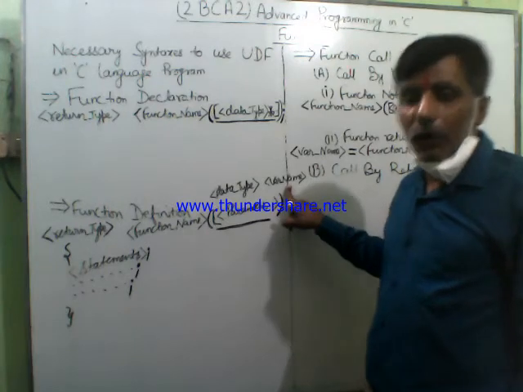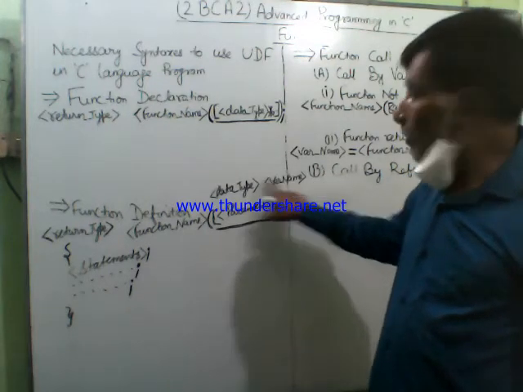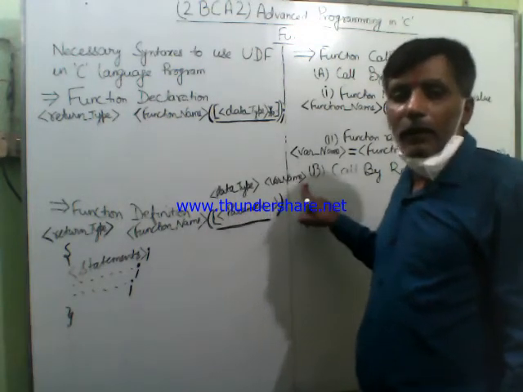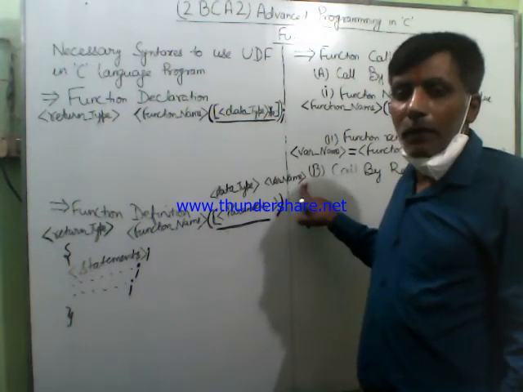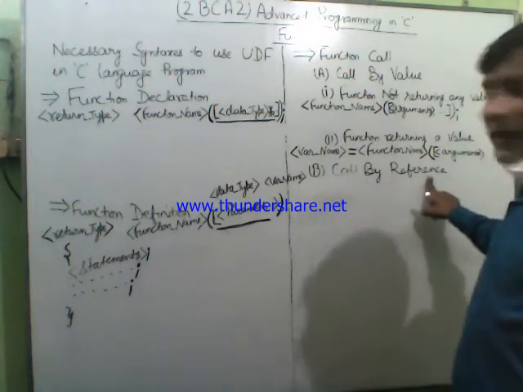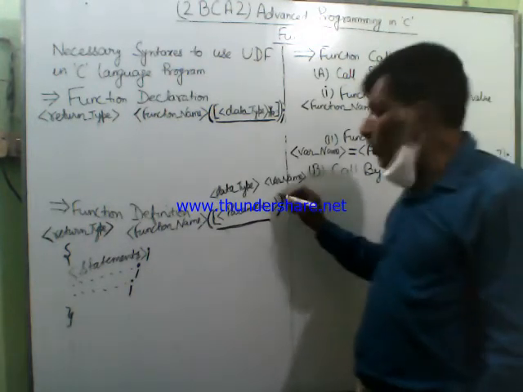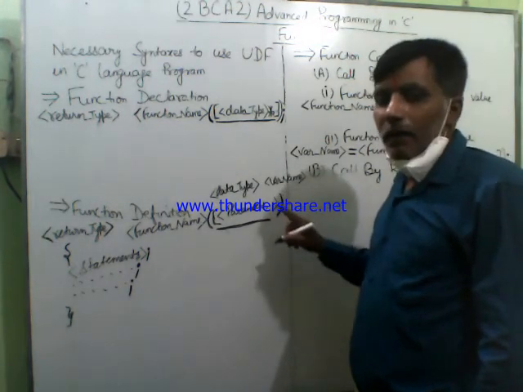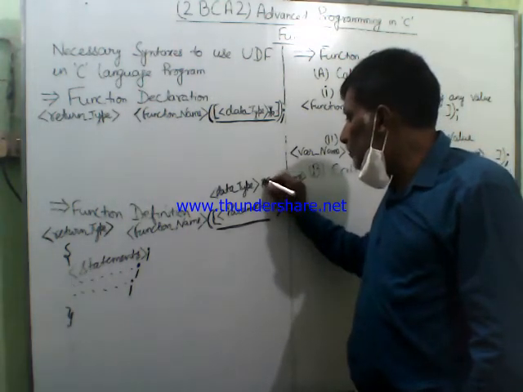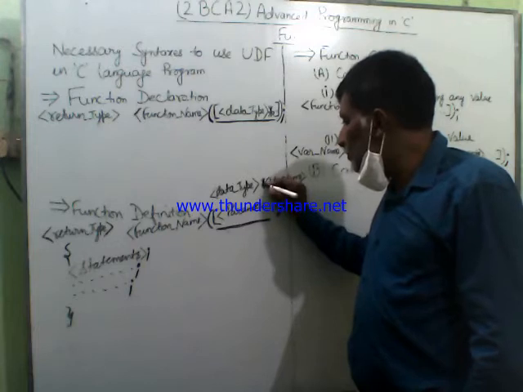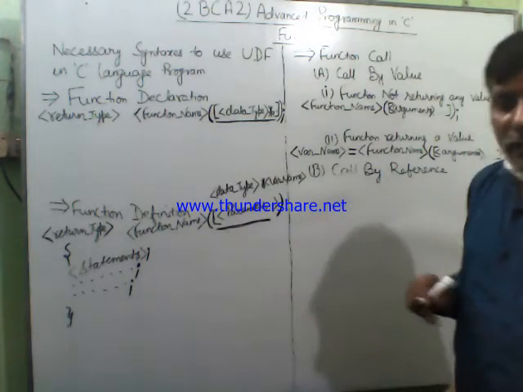But when you are going to call your user defined function by using the call by reference method, then you have to declare the parameter by using the reference operator. Okay, this is the difference